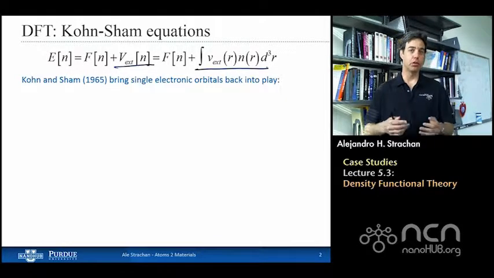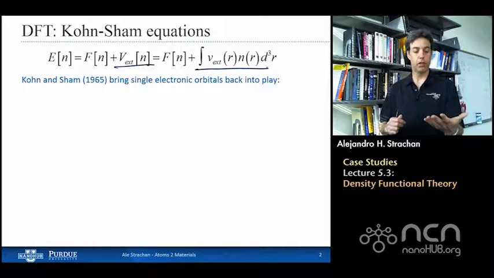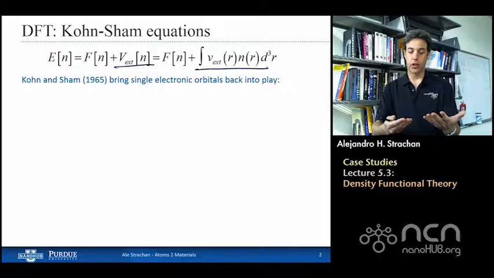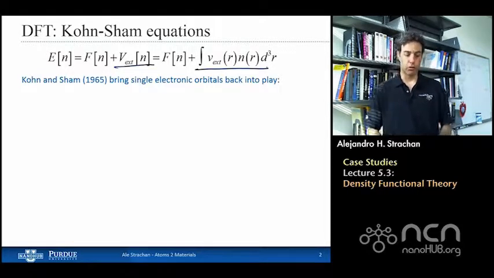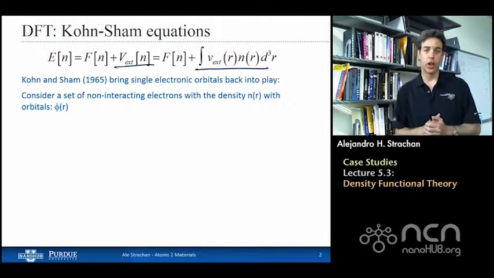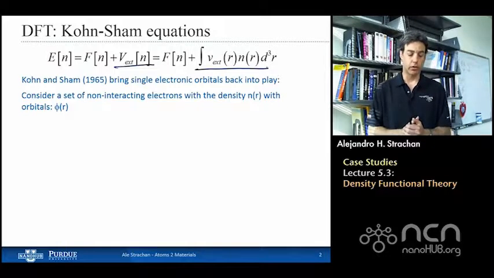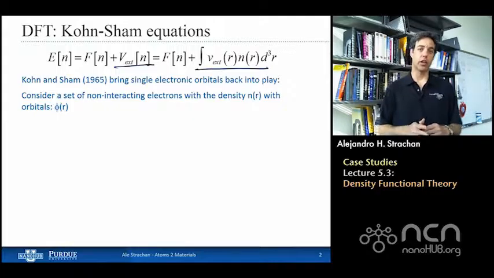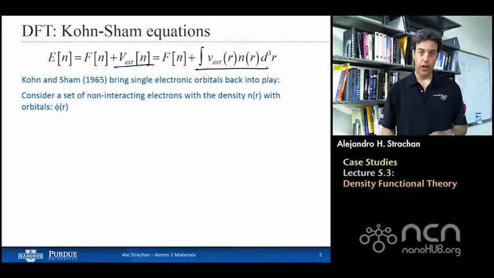and what we're going to do is write this term F in terms of a simple functional that we know, plus we're going to sweep under the rug everything we don't know about correlations and about exchange into one function that then we'll try to parameterize. So what they did, for the kinetic energy contribution to this, is they consider a set of non-interacting electrons. So assume you have a set of non-interacting electrons with the density n of r, and then I know